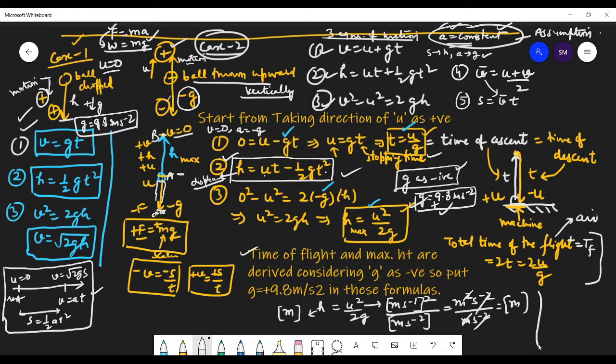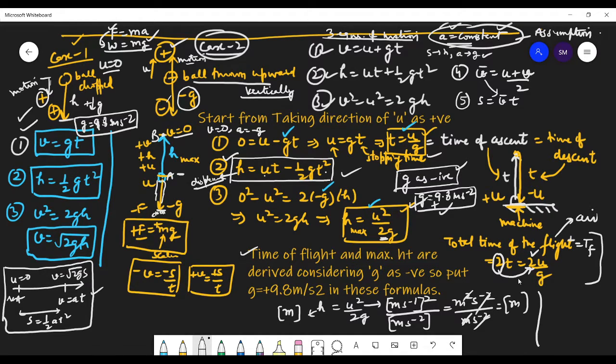The second thing is that you will have a 2. So the 2 will always be there, like this 2 in the numerator and denominator. So it's better, you know, the time of the flight, you are multiplying it by twice the time. So this is easy to remember. You can start remembering with this formula, quite easy. u is equal to gt, so twice, so 2 will be here.